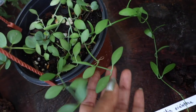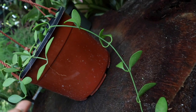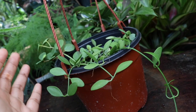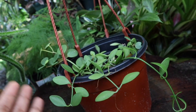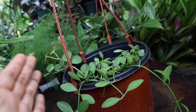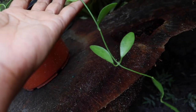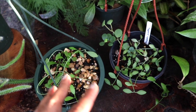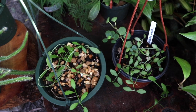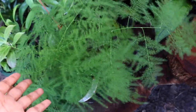Now, this one right here, I was able to find out is a Dischidia oiantha. And also, just as a side note, these are also known for blooming. Some of them bloom similar to the Hoya, where they will bloom tiny little clusters of flowers, and some actually bloom singular flowers, just one after the other off of these vines. I did get 2 hanging baskets of these, and I got each one for 10 buckaroonies a piece. And this one right here in particular is known as the Plumosa Fern, or also known